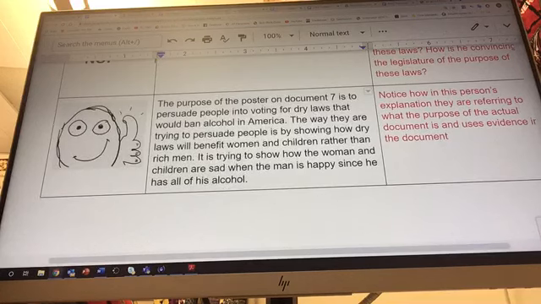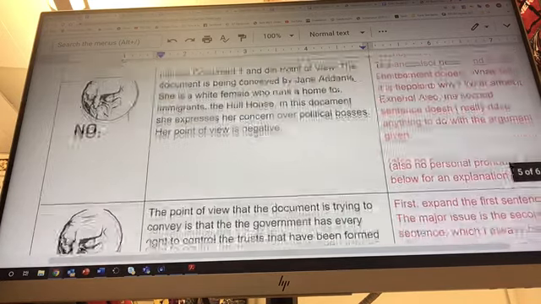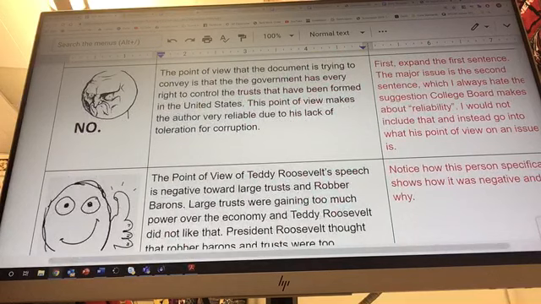So the purpose of the poster on document 7 is to persuade people into voting for dry laws. This was trying to persuade people, and then it goes into that. That's specific about the purpose. Now, point of view